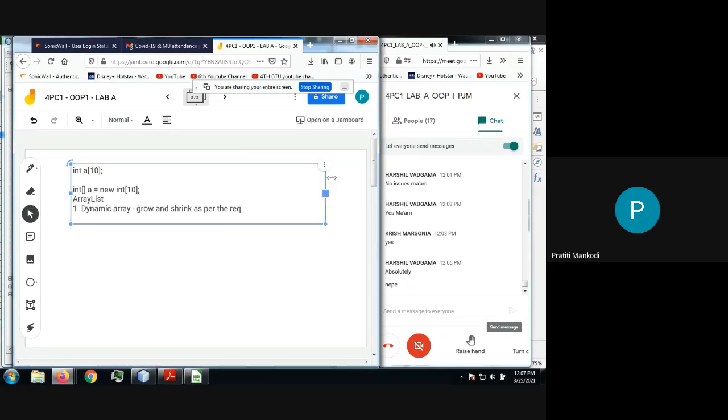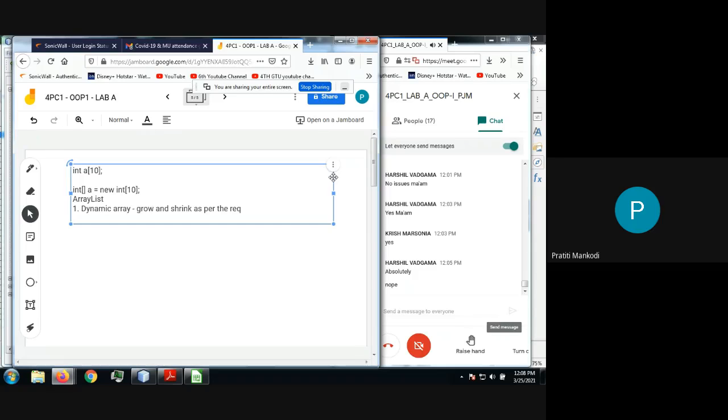As per the requirement, it can delete, it can reduce its size also, and if needed, it can also increase the size dynamically. And the beauty is you do not know that it is actually growing or shrinking. Everything is done in the backend, because as a user, you are not concerned about how Java is manipulating the size of the array. You are just concerned with your values, and the array is there to give your values. That's it, right?